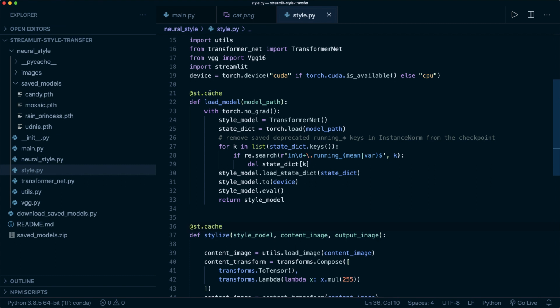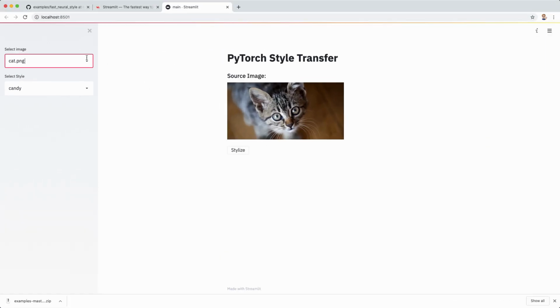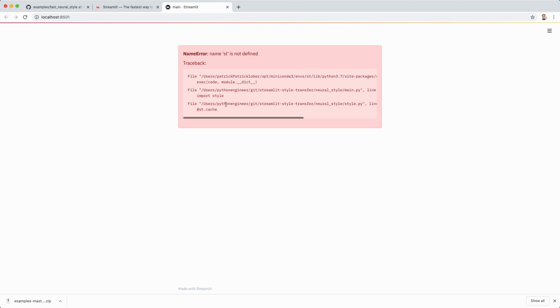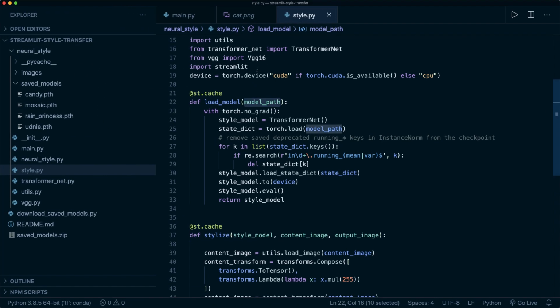So this is applying the cache, and this means that it only reruns this function whenever something changes, so when the input variables change. So if we go back, and so now if we apply, we have an error, of course we have to import Streamlit as st,